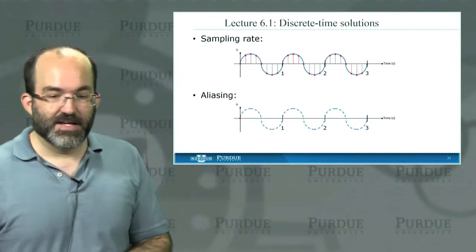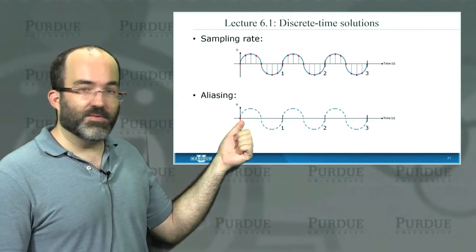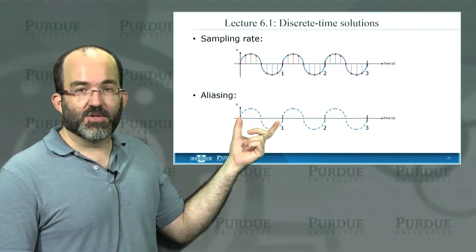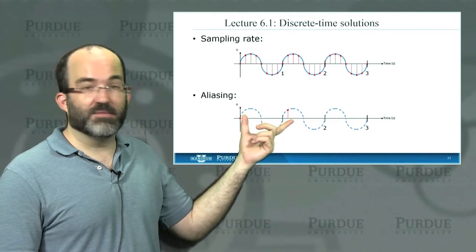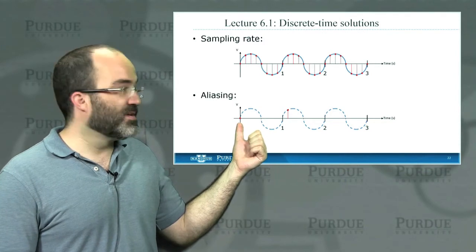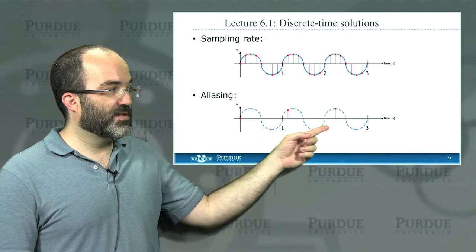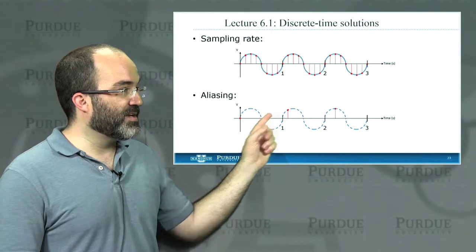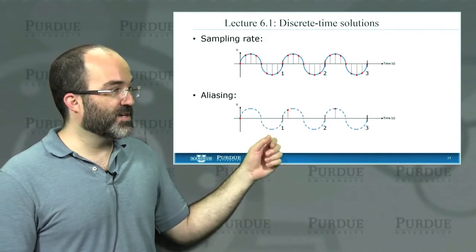So what is aliasing? Aliasing is the idea that we're going to sample here at time t equals 0, and then we don't know what we want h to be. We don't know how closely we want the next sample to be. So what if we just arbitrarily picked some value of h, and let's say h is a little bit more than the period of the wave that we're trying to capture. So we have our first sample here at time t equals 0. We have our second sample at time just over 1 second. Our third sample at time just over 2 seconds. So these are evenly spaced samples, and our sampling rate is a little bit less than the frequency of the wave we're trying to sample.